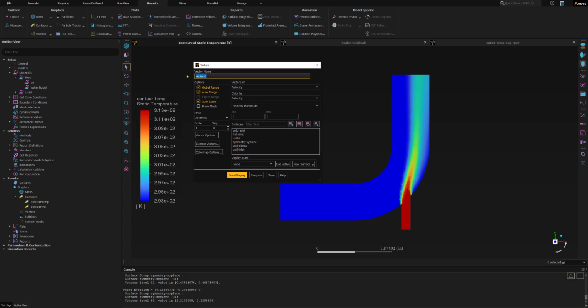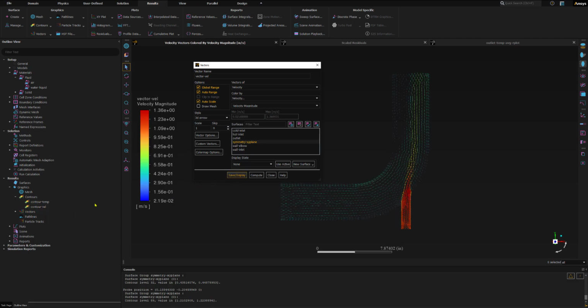Okay, for the name I will call it velocity vector, vector velocity. Keep these items here, all the default. And for the color by, I will select velocity and velocity magnitude, and under surface again symmetry XY plane, and I will press on the save and display here. And if I extend this part, you will see this velocity vector definition appears under the results graphics and contour